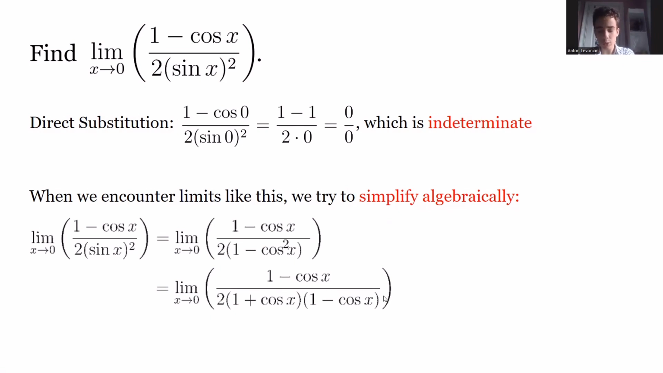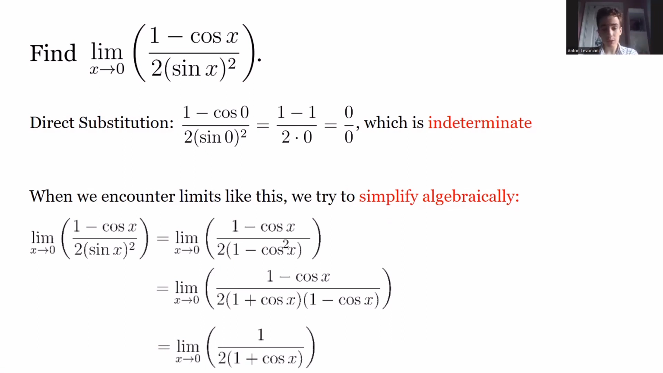Even though 1 minus cosine of x is equal to 0 at x equals 0, right? We don't care what happens at x equals 0. We care about what happens as x approaches 0. And at any non-zero value, even if it's really close to 0, 1 minus cosine of x is not 0. So we can cancel it. And we cancel the 1 minus cosine of x, and we get 1 over 2 times 1 plus cosine of